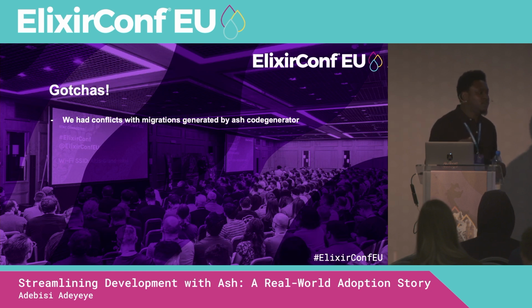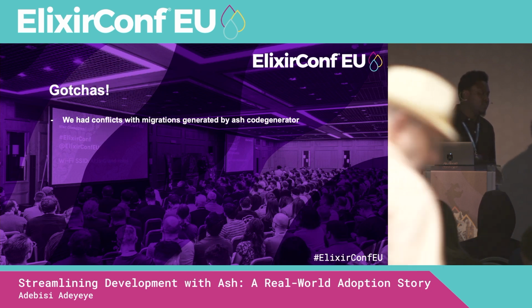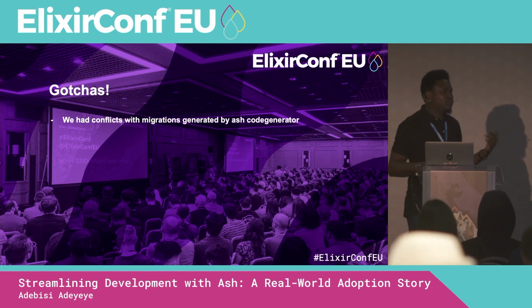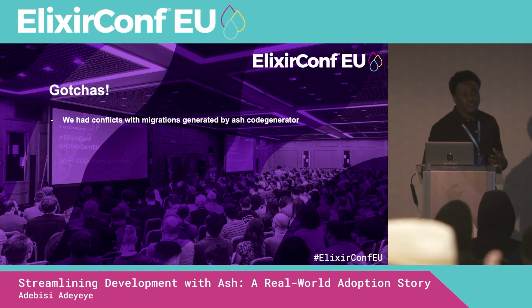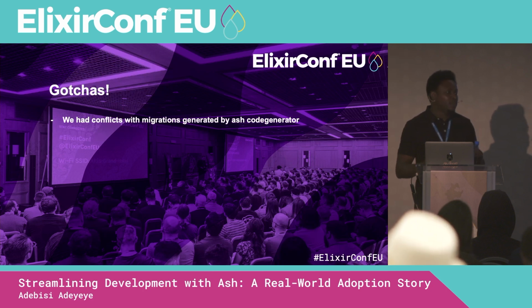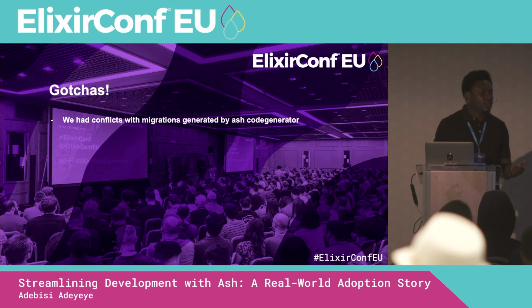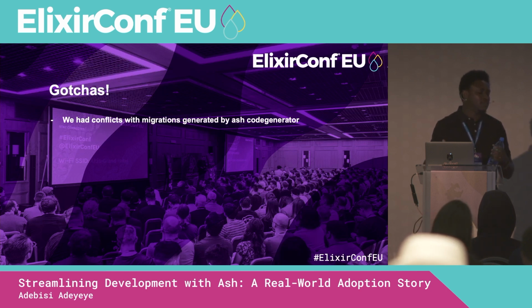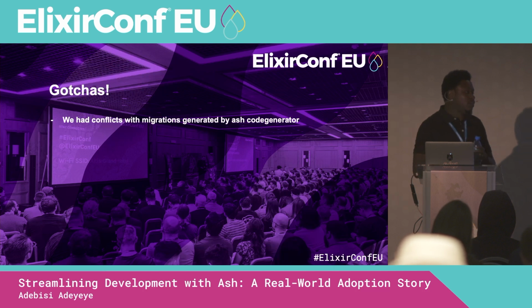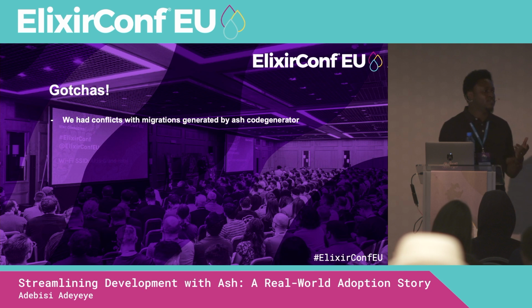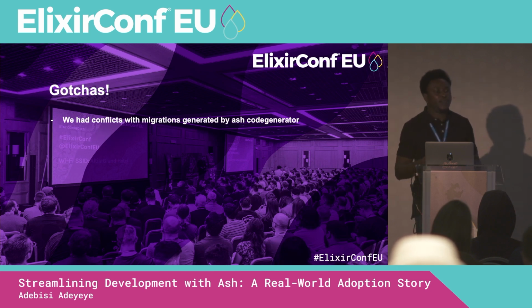The person reviewing the PR too missed that, and somehow it got merged in. And the way we do trunk-based development, anything that gets merged in goes straight into production. So that worked well, but pulling from the main branch and trying to do anything Ash now, you get an error like this: field already exists in the database. It took a while. You're working on a module where you're getting an error from a module that you didn't touch, and now you're wondering, where is this coming from?